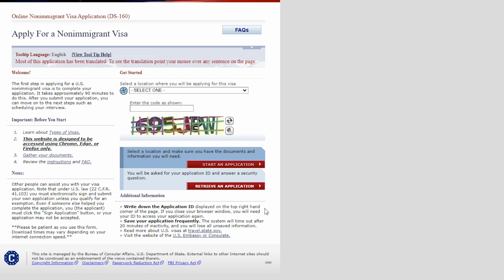And if at any point you lose your application, or you want to stop, you can just click save, and when you come back, you click the location that you want to apply to, fill the code, and click retrieve application. And it will ask you for the code that was up here in the actual application, and will ask you for your last name, your date of birth, and probably the security question,